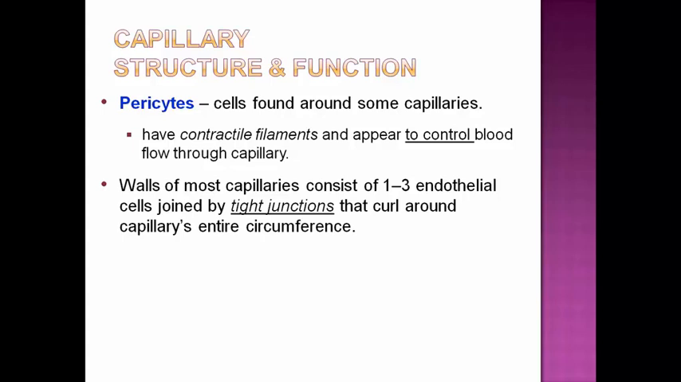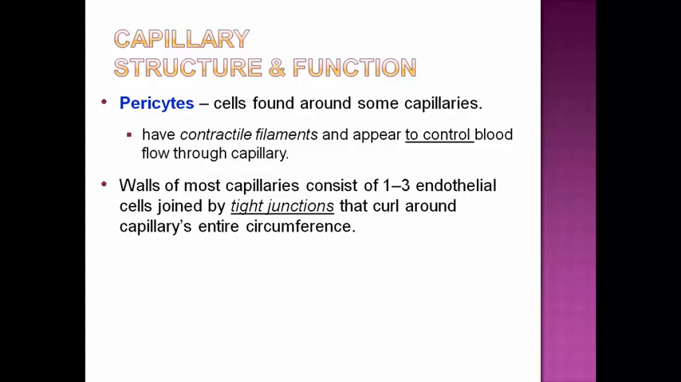Notice though on the picture there were some little extensions around the capillary wall, and these are known as pericytes. These are cells that are associated with some capillaries. They have contractile filaments within them. They appear to control the blood flow in that capillary, so they help regulate the blood flow into that capillary. Usually the wall itself has only 1 to 3 endothelial cells. You have tight junctions that literally bind the capillary together through the whole circumference. So again, you don't have leakage of every portion of the blood, but it will be designed for diffusion, osmosis,